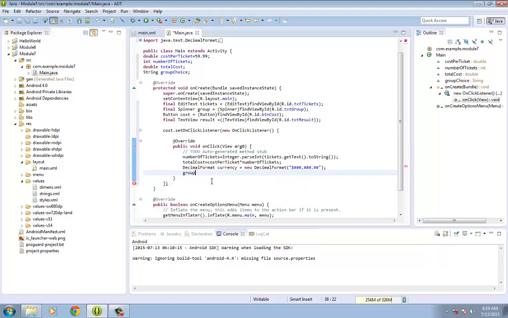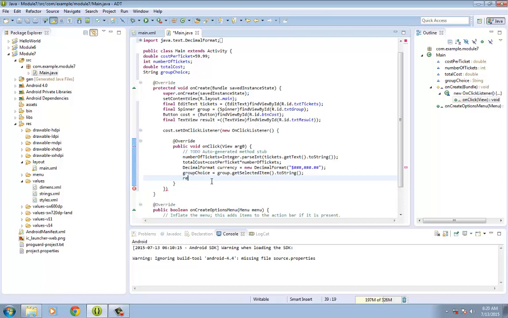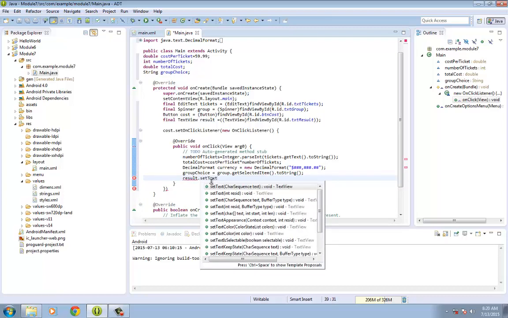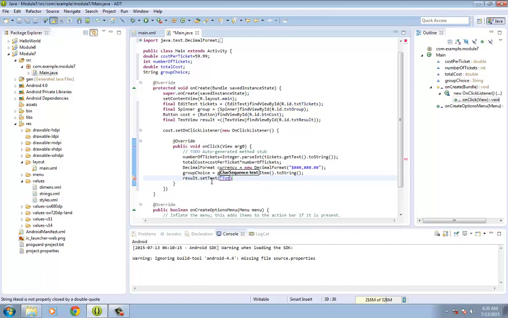And then type in groupChoice equals. Make sure that groupChoice is one word, and then type in group.getSelectedItem.toString, then semicolon, and then on the next line result.setText, and then type in totalCost 4, and then type in plus groupChoice plus is. So if you've done Java or OOP or programming, this is very familiar